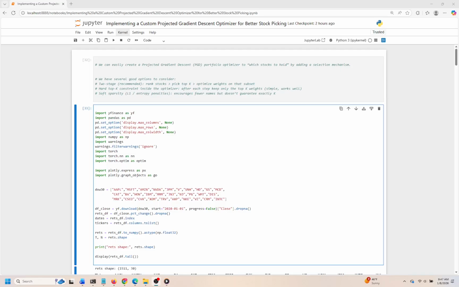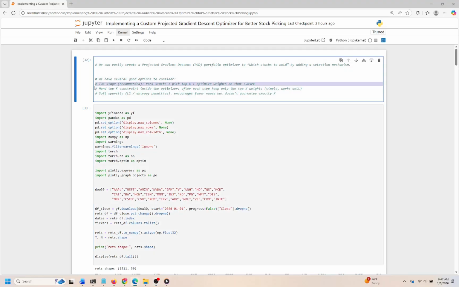One effective strategy is the two-stage method, where we first rank the stocks based on performance or some other metric. Once we have the rankings, we can select the top K stocks, after which we proceed to optimize the weights of this chosen subset. This method is recommended due to its systematic approach, allowing for clear and logical decision-making based